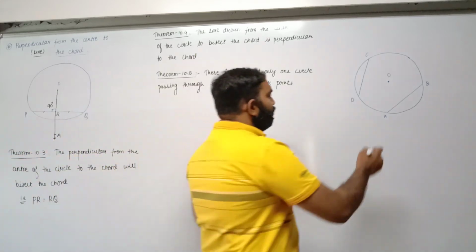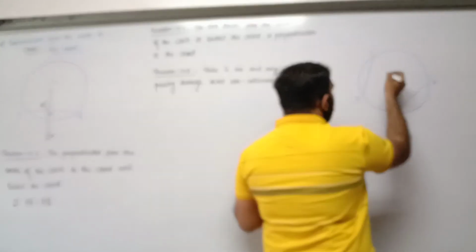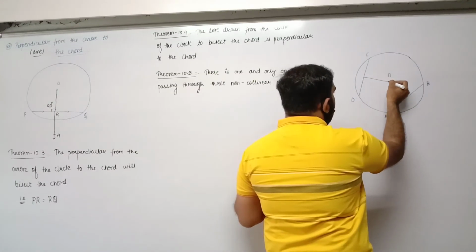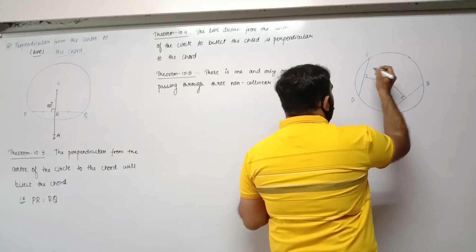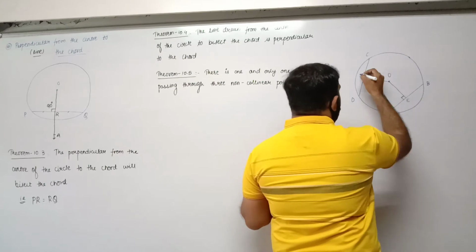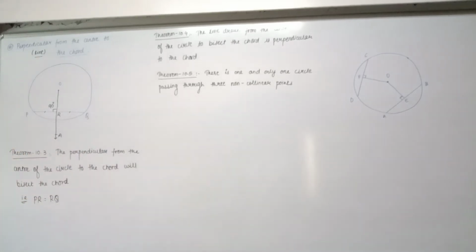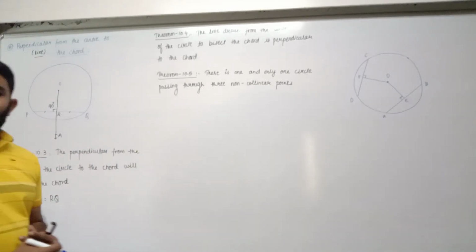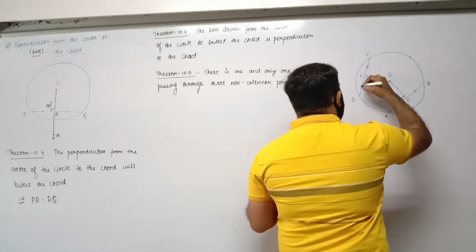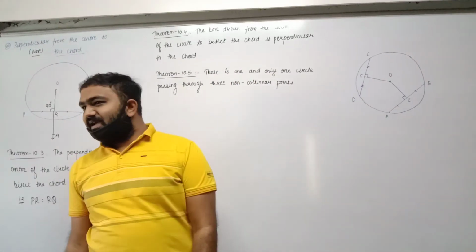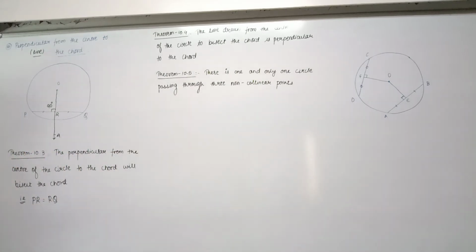How? So first of all I am going to draw a perpendicular here, and again a perpendicular. Let me give A, B, C, D, E and F. So what are E and F? Perpendicular. The midpoints of AB and CD, can we say? Because this perpendicular drawn is going to bisect these chords, as we see here in Theorem 10.3. Yes or no?